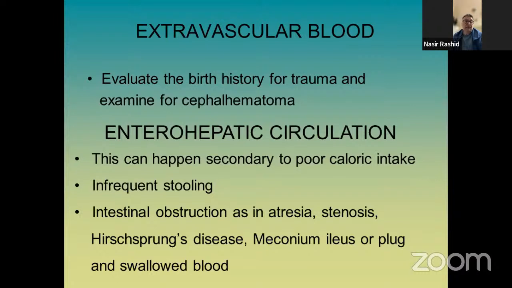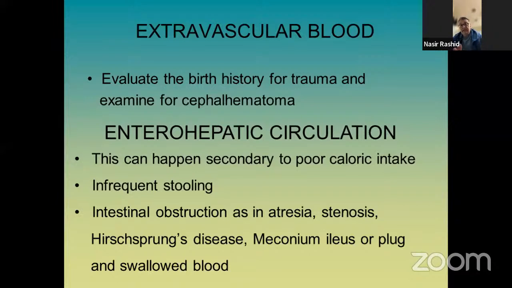I don't know what the status is in Pakistan, but when you apply that vacuum and you pull the baby, you cause some degree of separation of the blood vessels, and the blood tends to accumulate in the subcutaneous space, and it is called a cephalhematoma. So examine the baby and look for any cephalhematoma on the skull, because that can be the reason for the